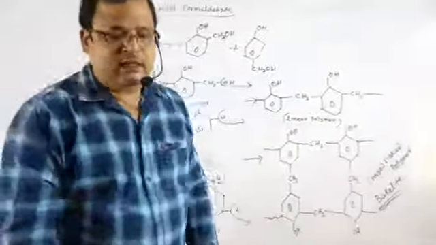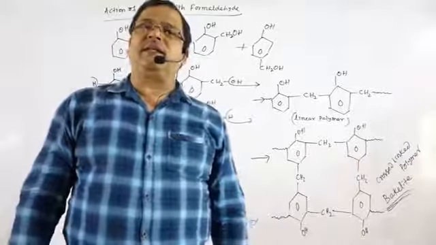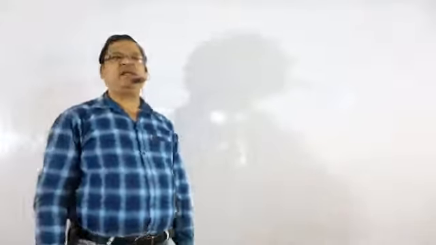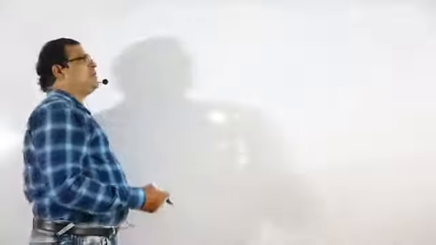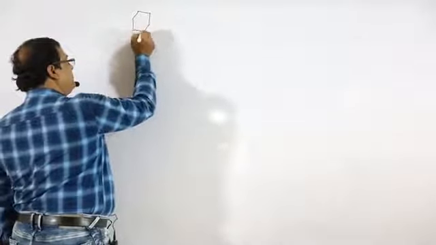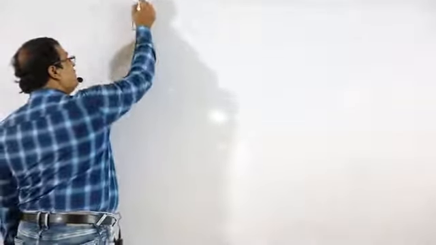Next we will explain the electrophilic substitution reactions taking place in the case of phenol. So next we will say what these electrophilic substitution reactions are. But before going to that, we have to explain why the presence of the OH group in the benzene ring is ortho-para directing and ring activating. First we will see that, and then we will explain the different reactions of the electrophilic substitution. So, a benzene ring that contains an OH group.